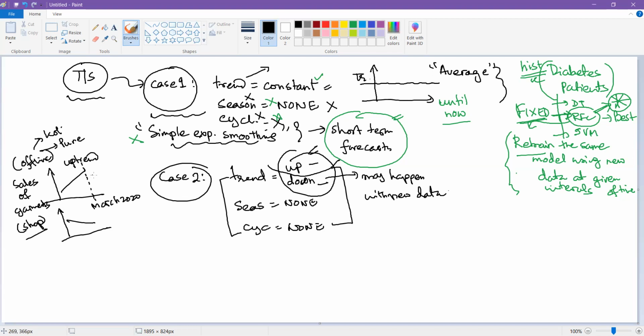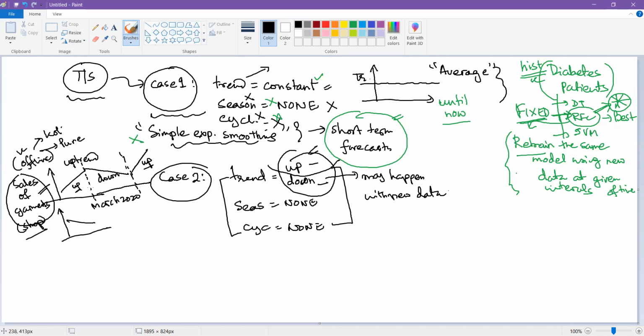We all know what has happened from March or April 2020. Because we are lucky, we are working in the IT industry, we started to work from home. But what about these guys who were selling garments using offline shops? They cannot do work from home. It was a complete lockdown. So maybe the trend has changed, and we regain the position where after the pandemic we can again start the shops. Maybe it is going to have an uptrend. So until this point in history, there was an uptrend. Then we got a downtrend. Then we again may get an uptrend.